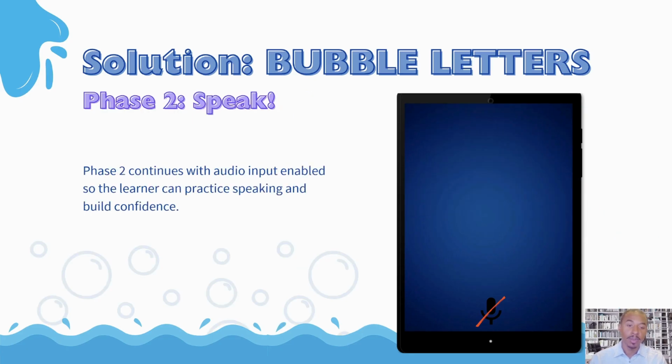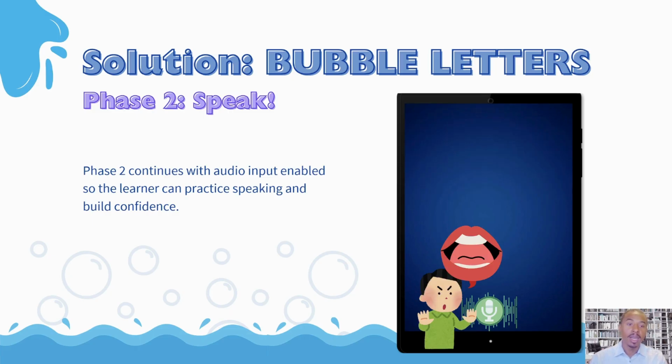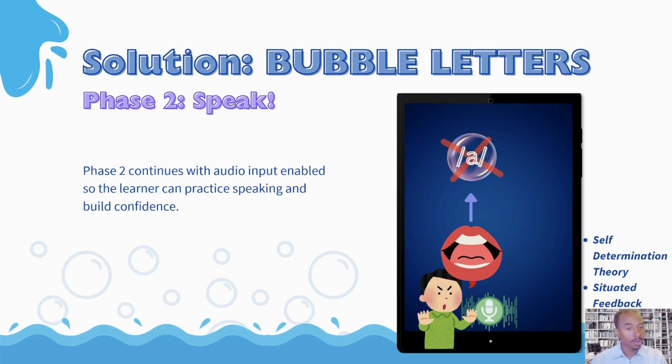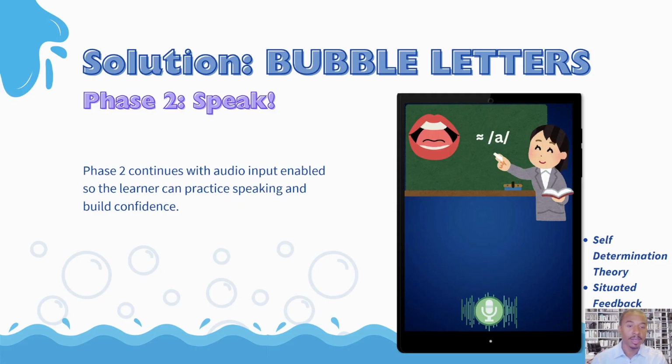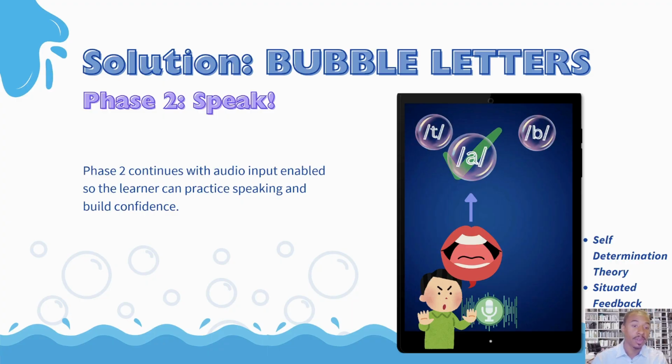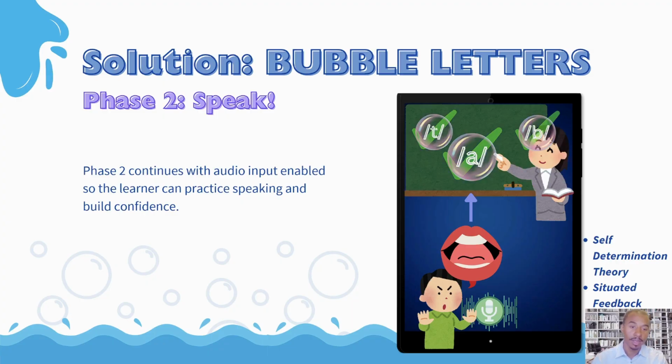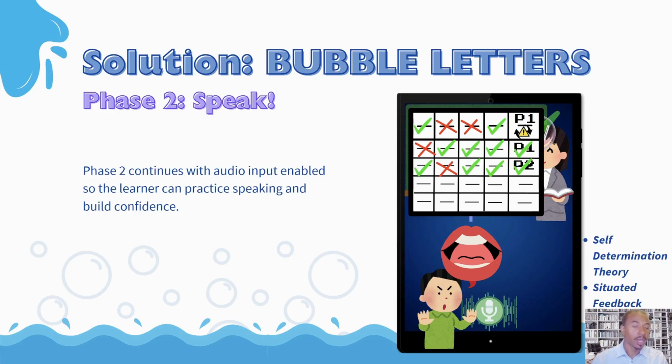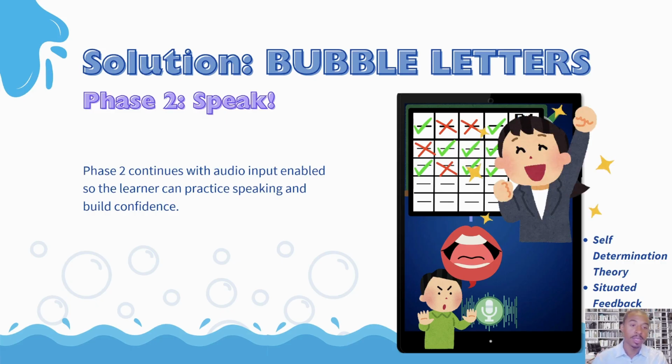is about speaking. Before, the mic was turned off. Now the mic would be turned on, and the learner would be prompted to make the phoneme that the teacher introduced them to before. If they make the wrong sound, that's okay. They'll get a gentle reminder. They can try again. And once they get that sound, they move on to the next one. If they get enough of this group of sounds correct, then again, staying above the success threshold, they can then